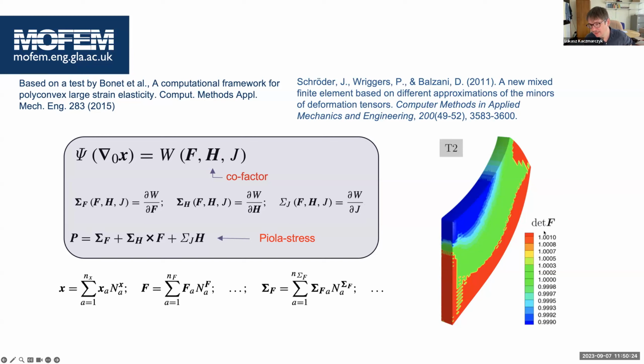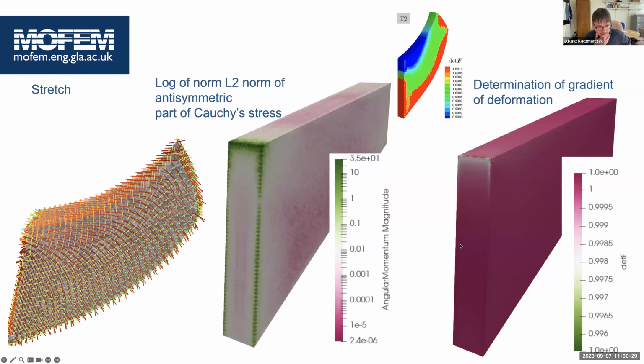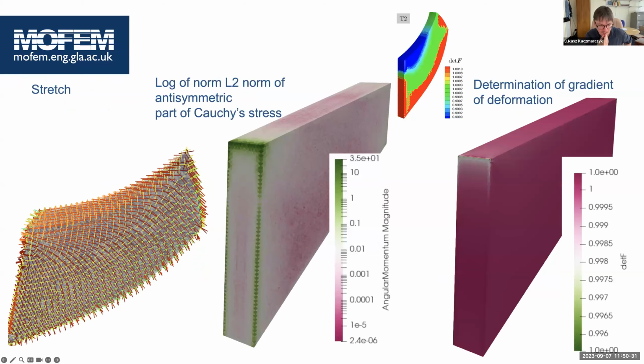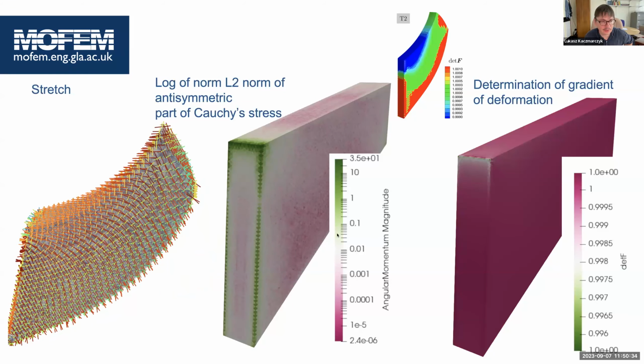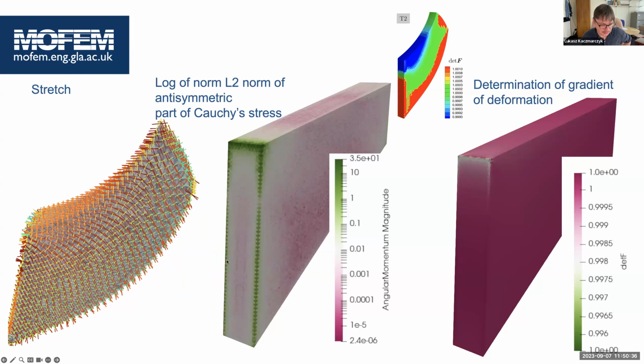When you plot the gradient of deformation, the solution may look like that. I will show you only how this looks for the formulation which you will be testing by yourself during the hands-on session. When we plot the determinant of the gradient of deformation, this looks nice and smooth, as you can see. And here, just out of interest, because we enforce the symmetry of the Cauchy stress, which is calculated from the approximated Piola stress,